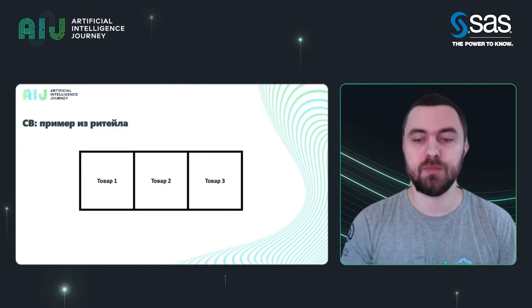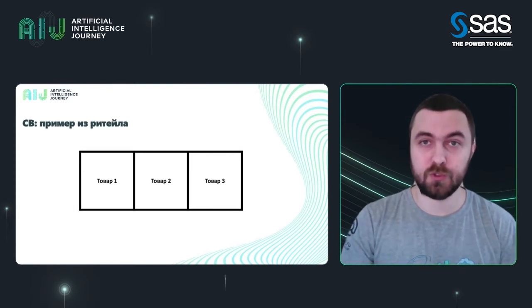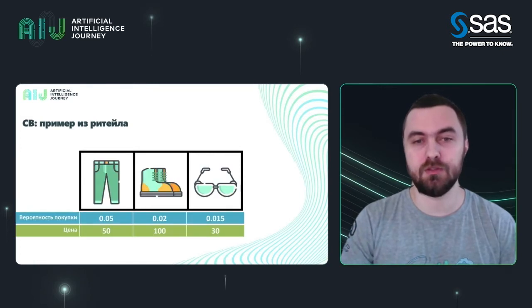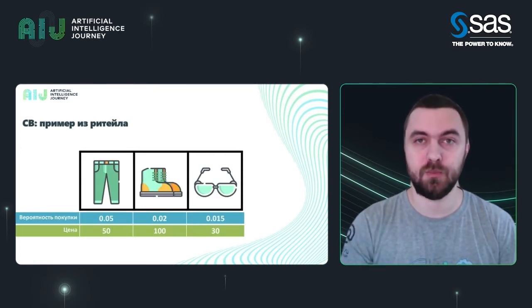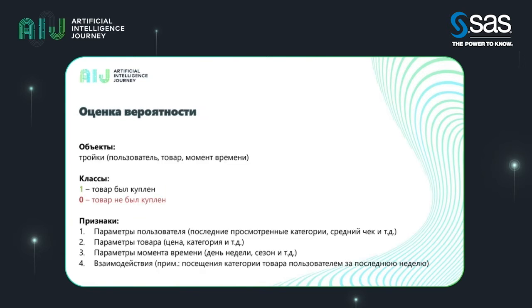Things like filling in the recommendation block with certain items usually imply that we want to profit off this block as much as possible. So it's profitable to show items where the multiplication of the confidence in the purchasing chance and the price is maximum. We can get the prices from the catalog, but we have to predict the chances with a supervised model. The task for this model is the following. Classify triples: users, goods, time. The classes are purchased, not purchased.